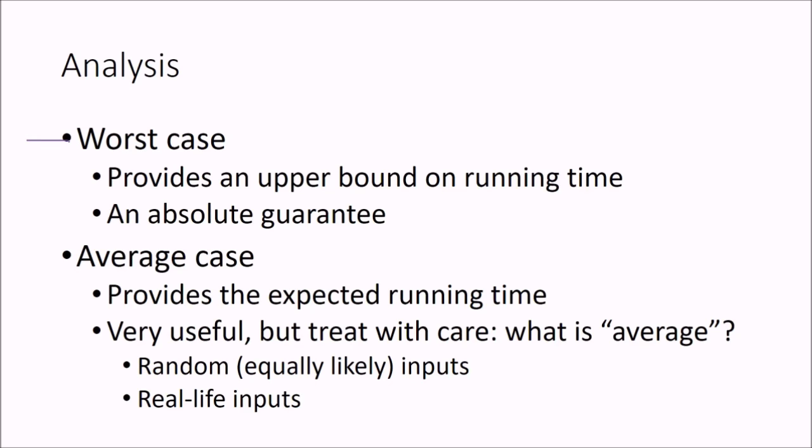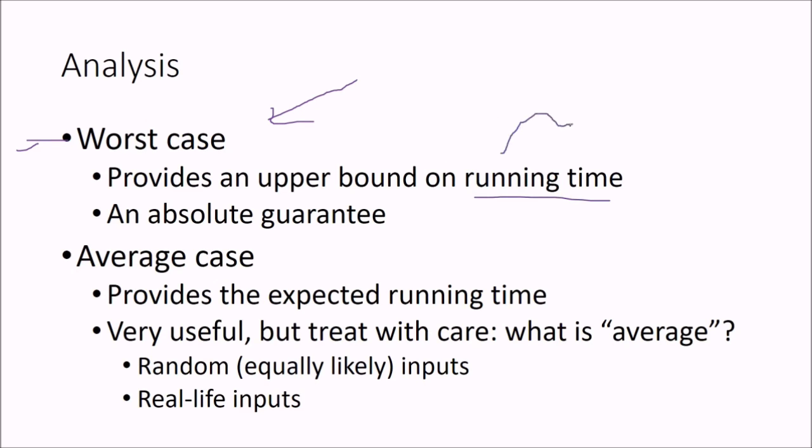So once we analyze, while we are writing an algorithm, we want that our algorithm should be best. If we write an algorithm and we analyze it, we can analyze it for the worst case, the average case, and then there is also a good case, or we call it the best case. So worst case, and let me tell you that we are actually interested in the worst case only. Why? Because we want that our algorithm should be best. It should be efficient and not memory hungry. So worst case provides an upper bound on running time.